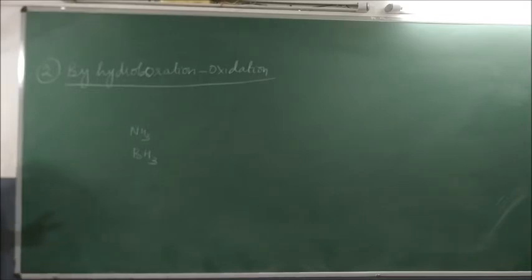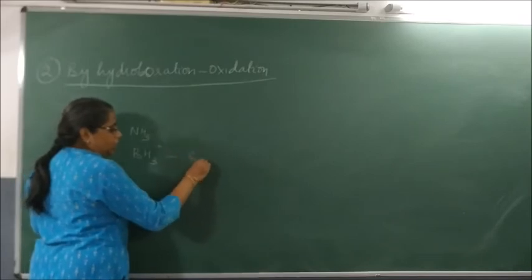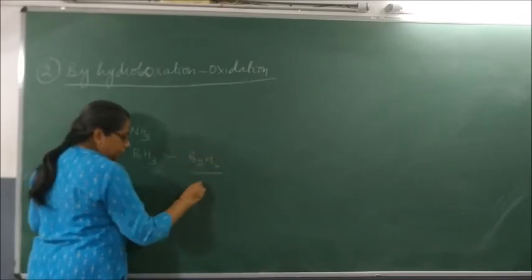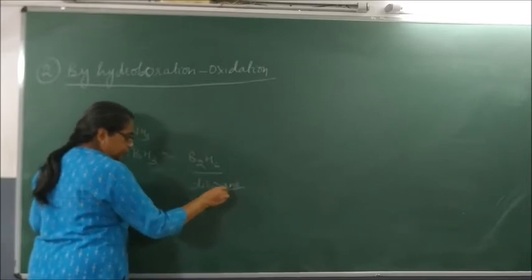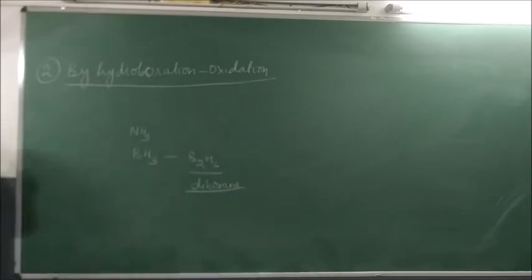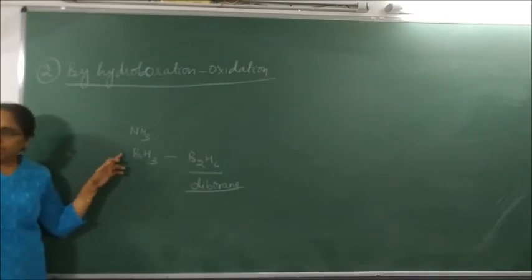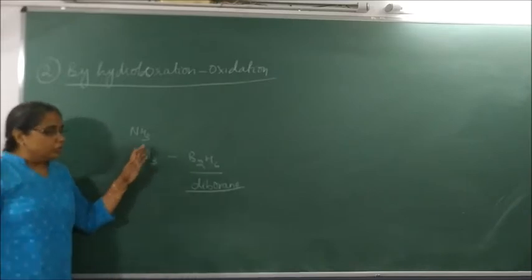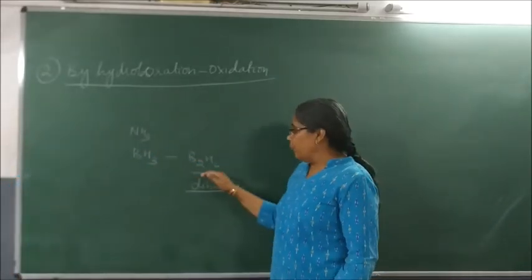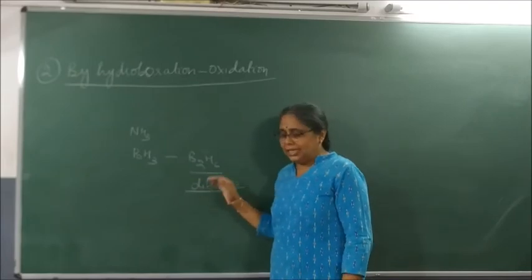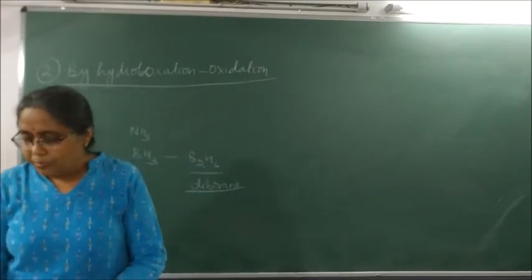Dimer means two molecules together. BH3 plus BH3 is called B2H6. This is called as what? Diborane. So BH3 is the hydride of boron. It always exists in the form of a dimer, so it is called diborane or B2H6. Please write. Diborane